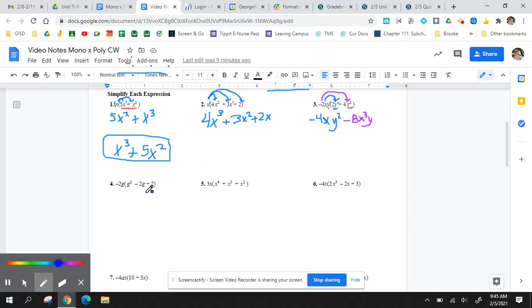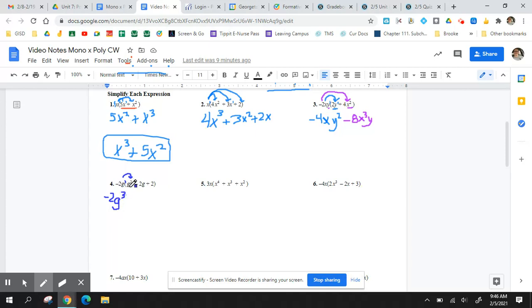So let's look at this number 4 example. So now when we multiply this monomial, negative 2g, we're actually going to be multiplying it towards what's called a trinomial. There's 3 terms in this parentheses. So let's get started. Same concept. Negative 2 stays negative 2. This is g to the first power, so 1 plus 2 would give us g to the third for our